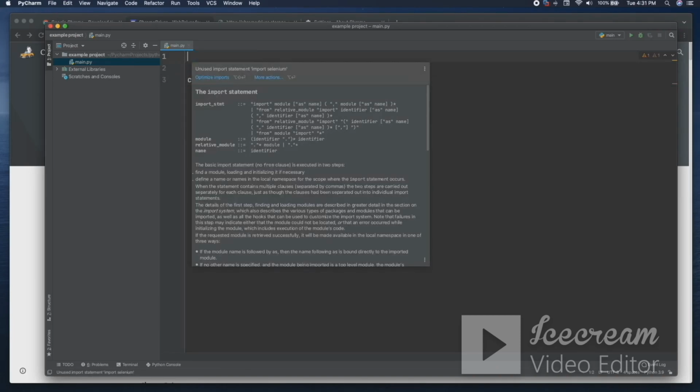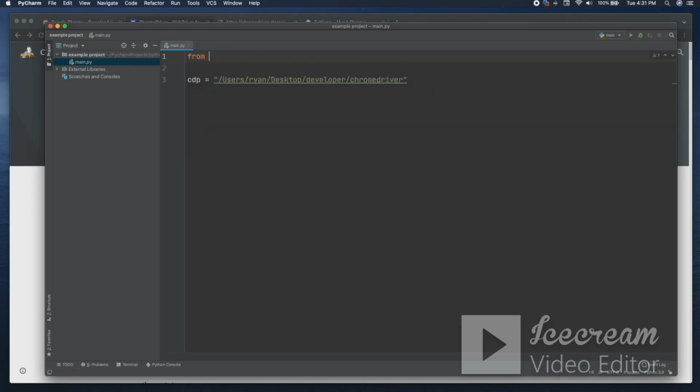And then what you're going to want to do is type in from Selenium, and then we're going to import the WebDriver. Now that you have installed Selenium and typed in from Selenium import WebDriver, we're going to initialize our WebDriver, and we're going to type in driver equals WebDriver.chrome because that's the browser we're using. There are other browsers if you've chosen to go that path. And now we're going to type in our executable